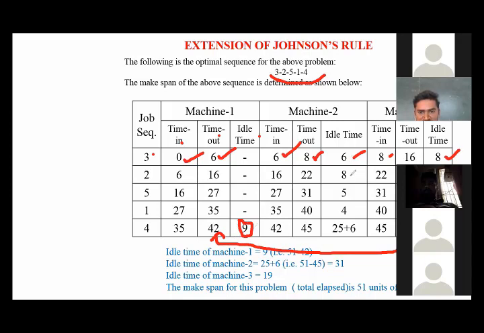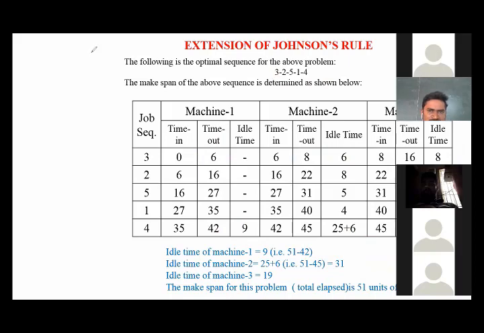ఇక్కడ చూడండి 16, 6, 8, 5, 4, ఈ టోటల్ ఎంత? 25. సో ఈ 25 6 ఎందుకు తీసుకున్నాం? 45 దగ్గర సెకండ్ జాబ్ కంప్లీట్ అయింది, కానీ టోటల్ ఆపరేషన్ కంప్లీట్ అవడానికి 51 hours పట్టింది. సో ఆ డిఫరెన్స్ 51 - 45, 6. టోటల్ వాల్యూ ఇస్ 31. సేమ్ థర్డ్ జాబ్ వచ్చేసరికి 8, 6, 4, 1. ద టోటల్ ఐడిల్ టైమ్ ఇస్ 19. elapsed time వచ్చేసరికి 51.